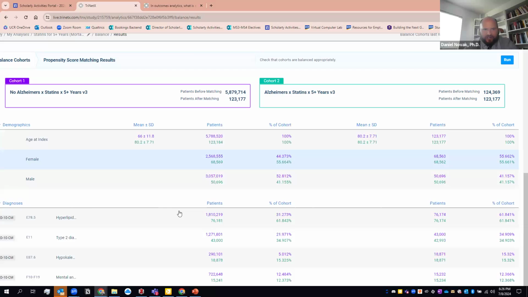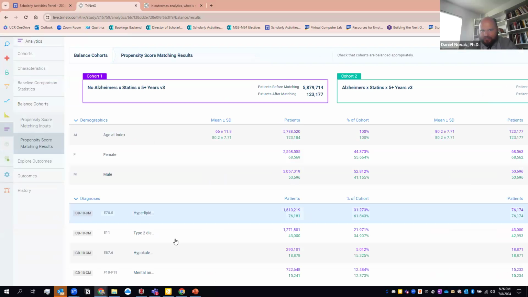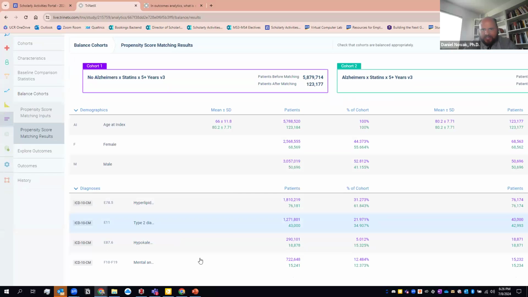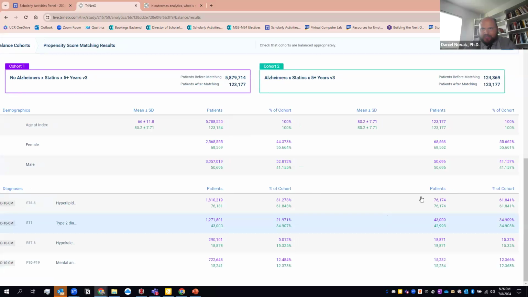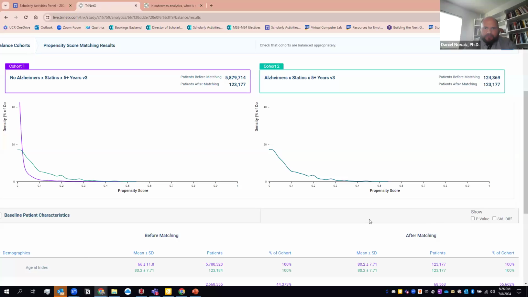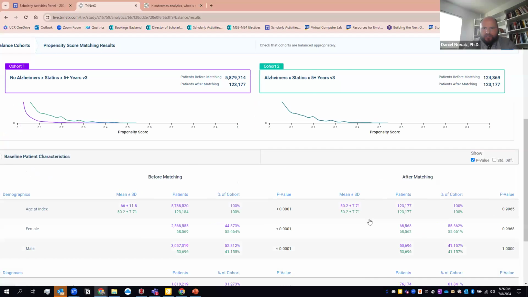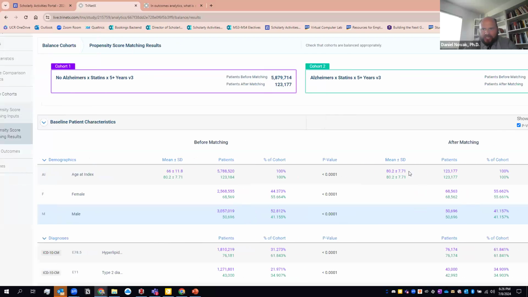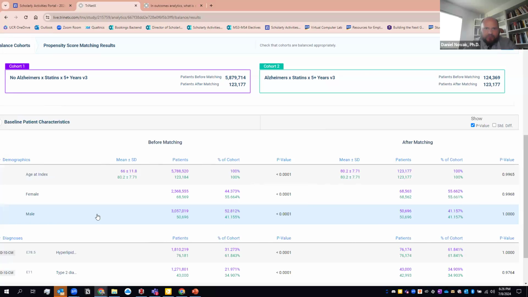I include some other variables in here as well: hyperlipidemia, type 2 diabetes, hypercholesterolemia, what did I include? Oh, hyperkalemia, a bunch of other stuff as well. But what I wanted to show you here is a couple of additional features that are more useful than these graphs. The first is that your p-value that's generated by this, if you check this little box, will be really